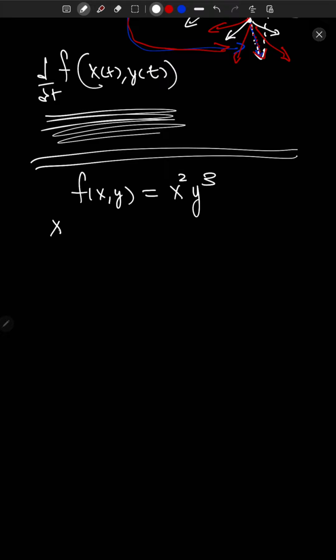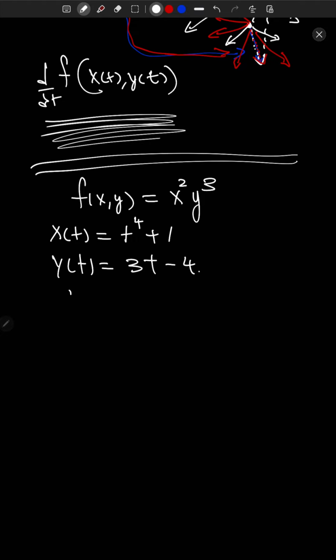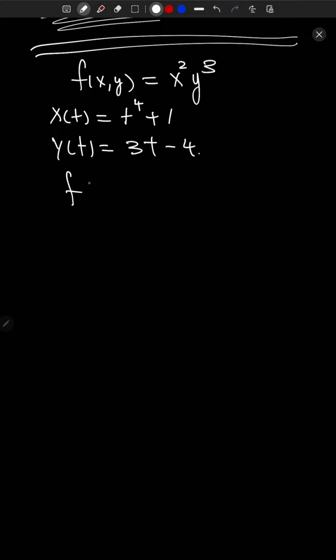So let's say x of t is t to the fourth plus 1, and y of t is 3t minus 4. And we're looking at the composition f of x of t comma y of t,